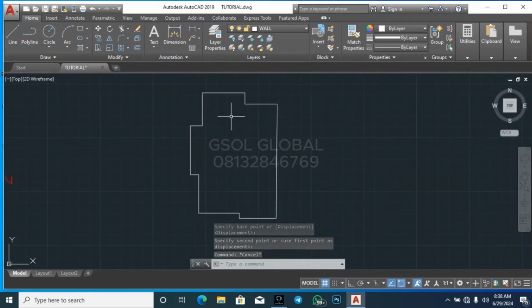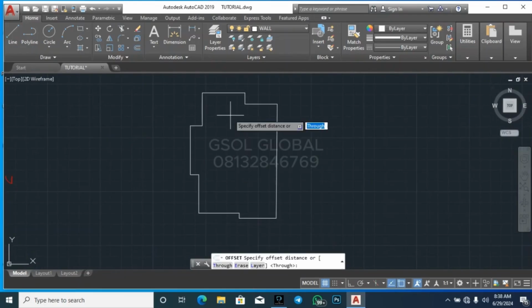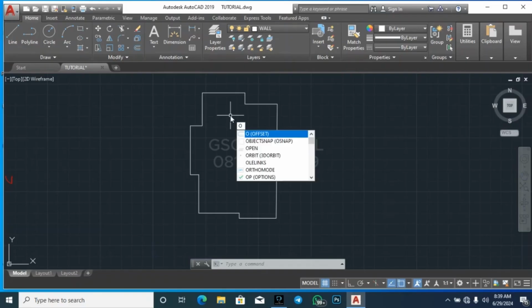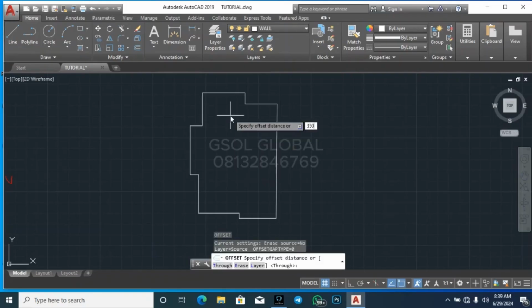So to draw our roof, as we did for the bungalow, you do the same. Yeah, so offset 500. First of all, before we go ahead and do an offset of 500, let's first of all do the offset of our parapet. So let's say the span of our parapet around 300. All right, let's say 350. So let's go ahead and let's do it. Offset of what? 350 away